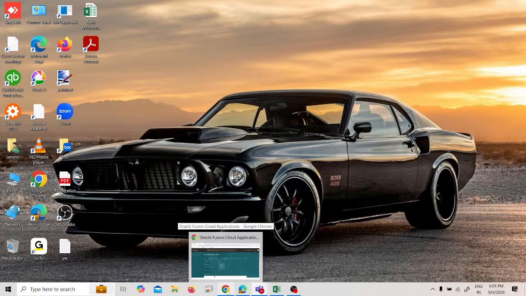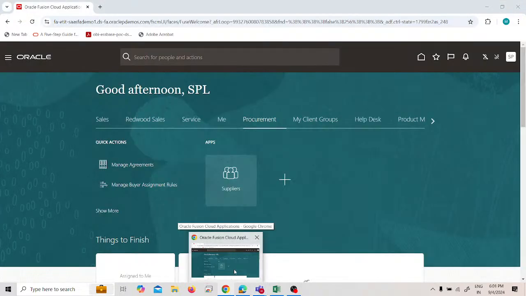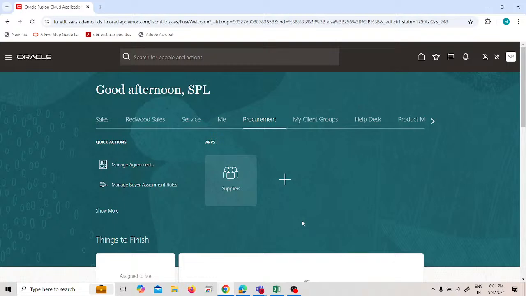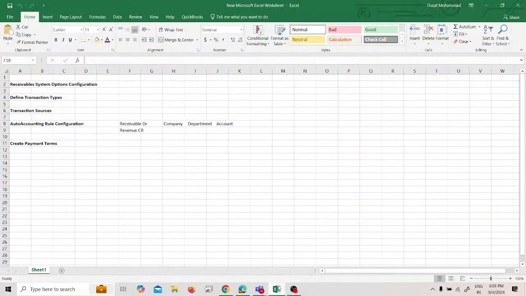So friends, in today's session let's continue with Oracle Fusion financial configuration, that is accounts receivable. In the previous sessions we have already covered these topics: receivable system options configuration, define transaction types, transaction sources, auto accounting rule configuration, and create payments. So after creating payments, now our first topic of the session is creating statement